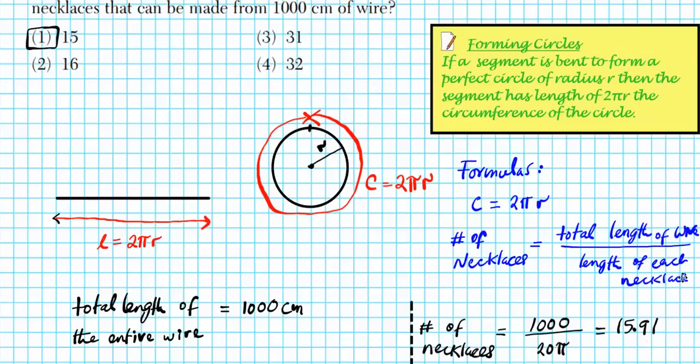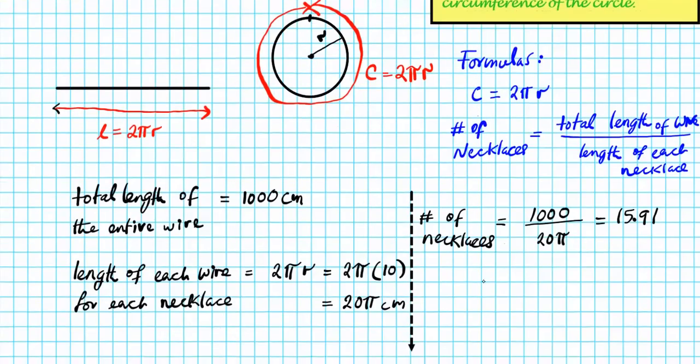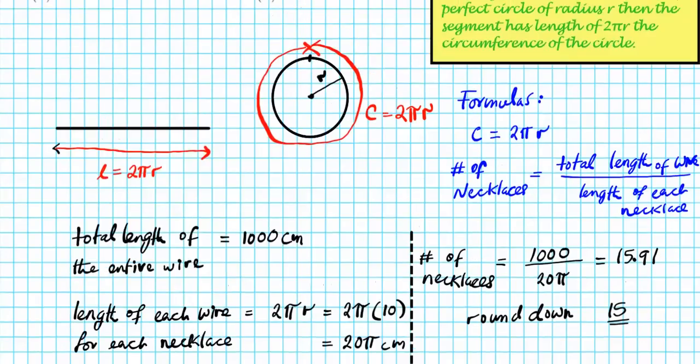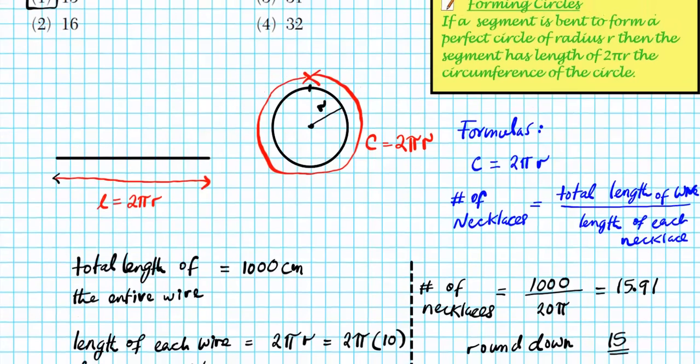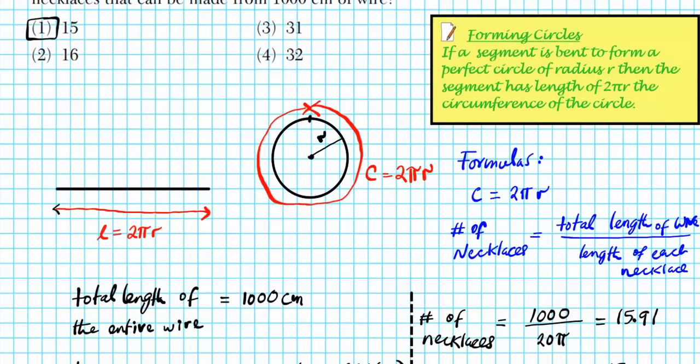So in this case, you have to round down because you are actually creating objects from the materials that you have. So you're going to round down, truncate the decimal component, to 15 complete necklaces that can be made using the material that we're provided. We do not have enough material to make the 16th one. That's what this decimal component is. So we can't round it up because that's not complete. We have to round down, and that takes us to option number